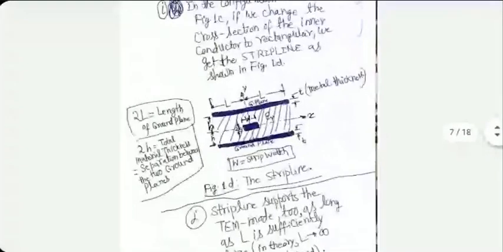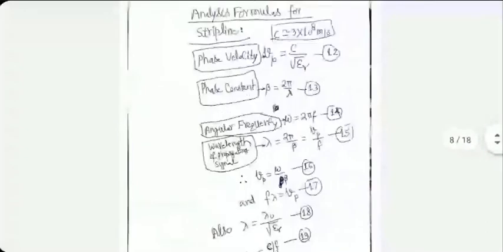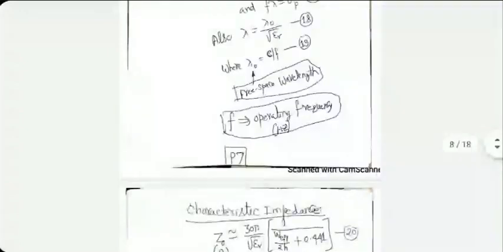Of course, you can also imagine strip lines with epsilon r equal to 1. There's a possibility you can have air between them. Then in these equations, Vp would become c, beta would become 2 pi by lambda naught, etc. But air-filled strip line is normally not that common. It is mechanically difficult to make anyway. So we will assume that epsilon r is other than air. The medium is other than air.